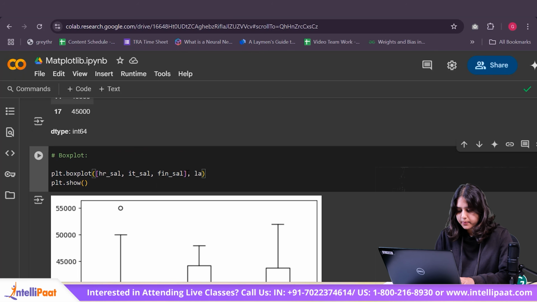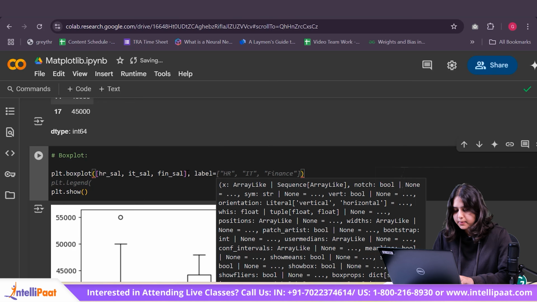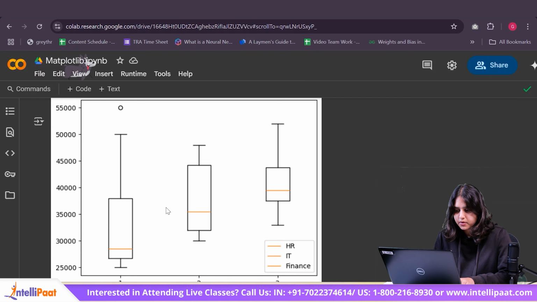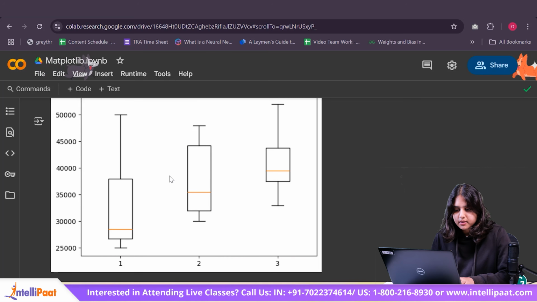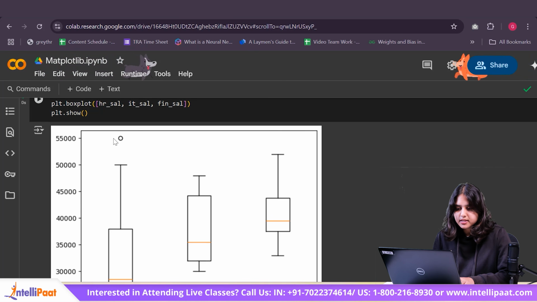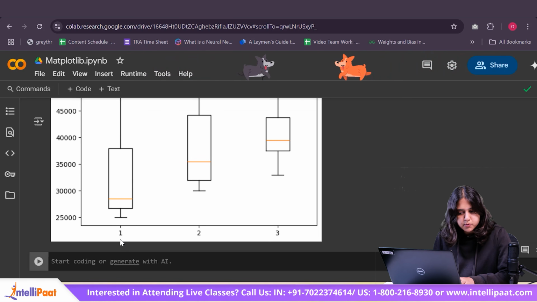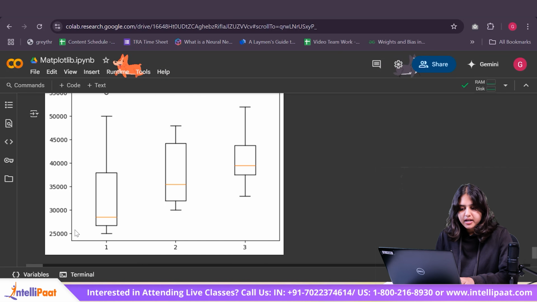So I'm going to say label, and I'm also going to show the legend for my plots. If I plot this, you can see I have three box plots, and over here you can see I have an outlier value for my first box plot, but in this particular figure I'm unable to understand which box plot is referring to which department.